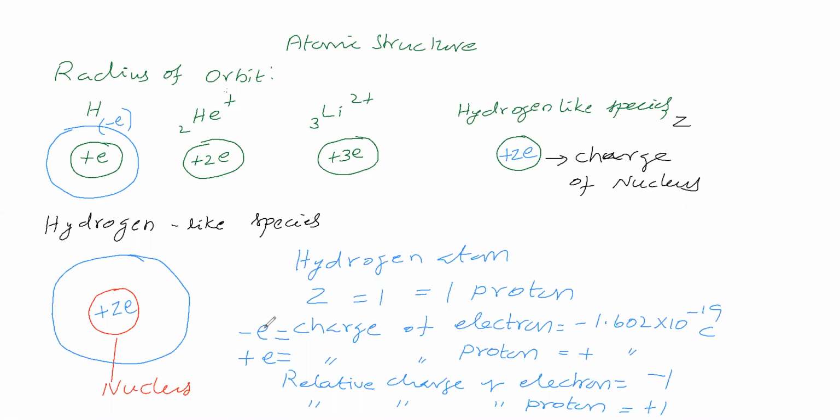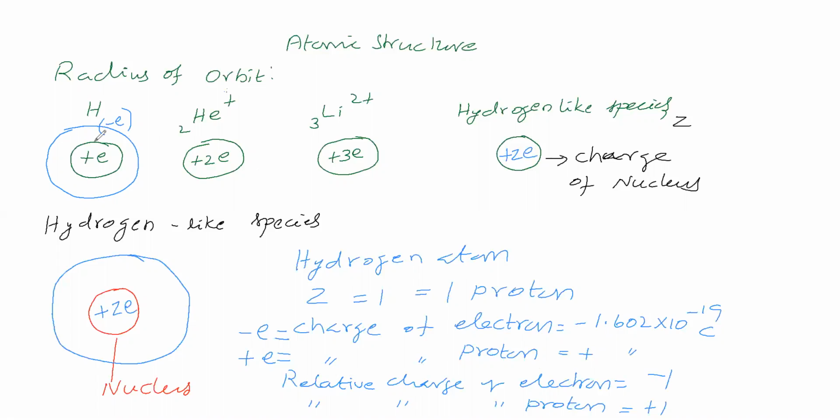In place of e, if you want the actual charge, you substitute 1.60 x 10^-19 coulomb. If you want a relative charge, you substitute 1, depending on your point of view. As per what you substitute, you have to consider that unit. If you substitute the actual value, you consider the unit as coulomb. If you substitute the relative value, you should not substitute a unit, because it is relative.